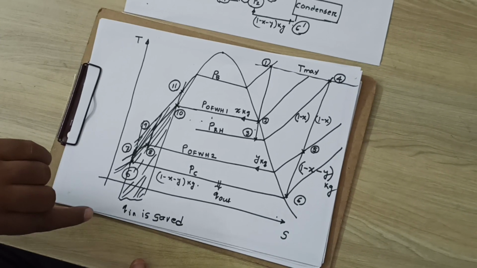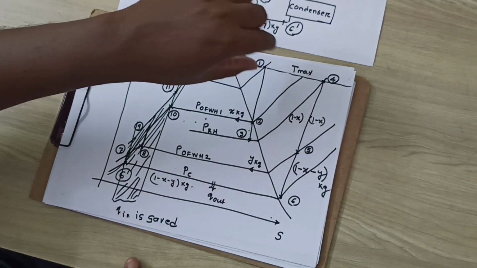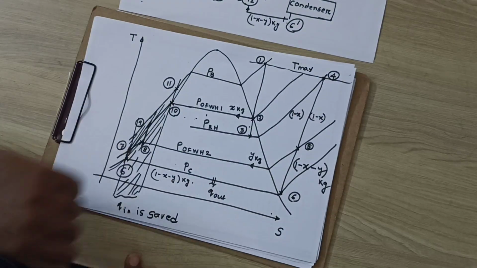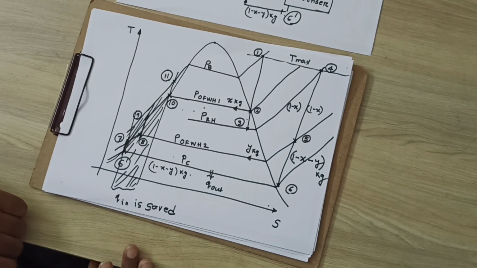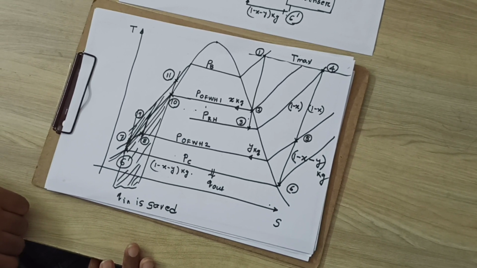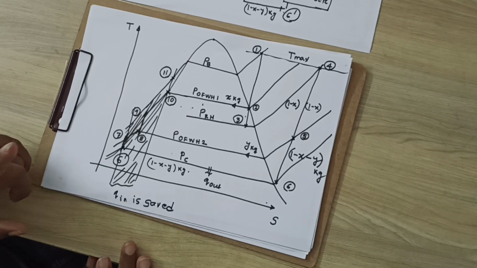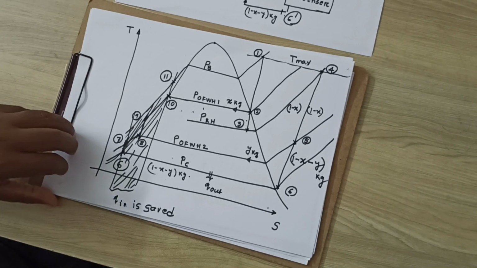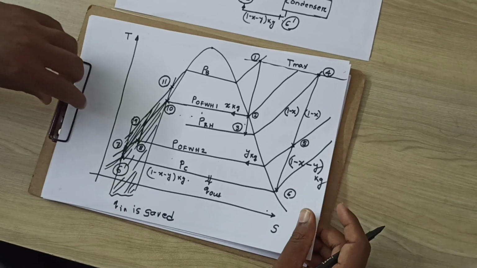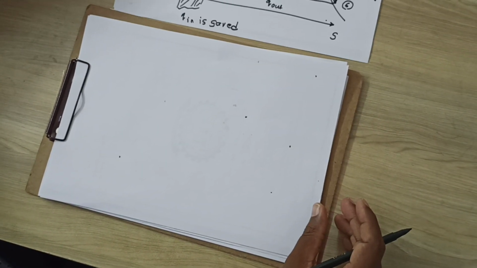That's why heat input is decreased, and due to this reheat cycle, the net work output is increasing. So I am telling you, in reheat regenerative Rankine cycle, there will be substantial increase in efficiency due to increase in net work output and a decrease in heat input. That again we will go for some mathematical analysis. I am putting it here. Okay, we will see.